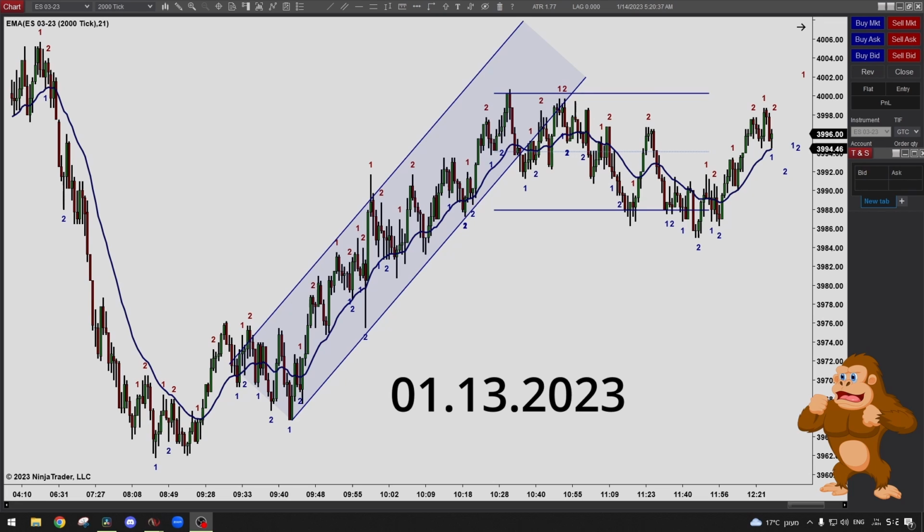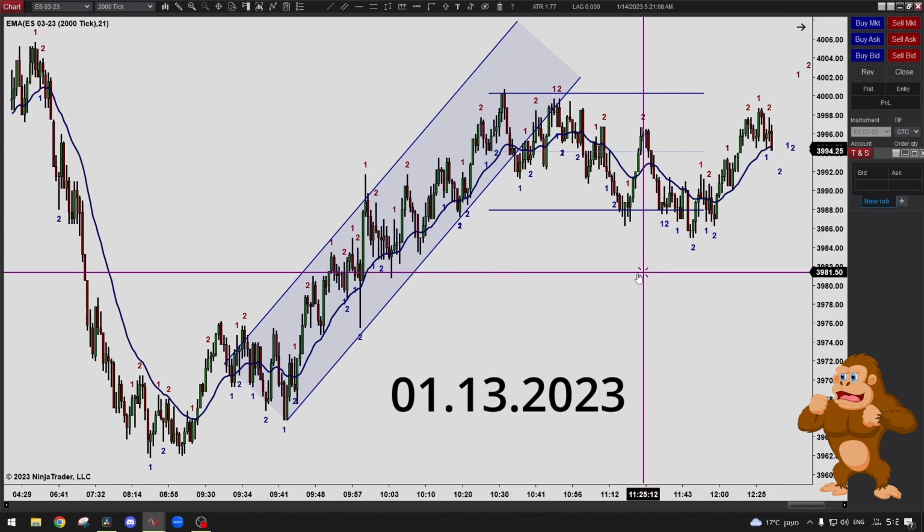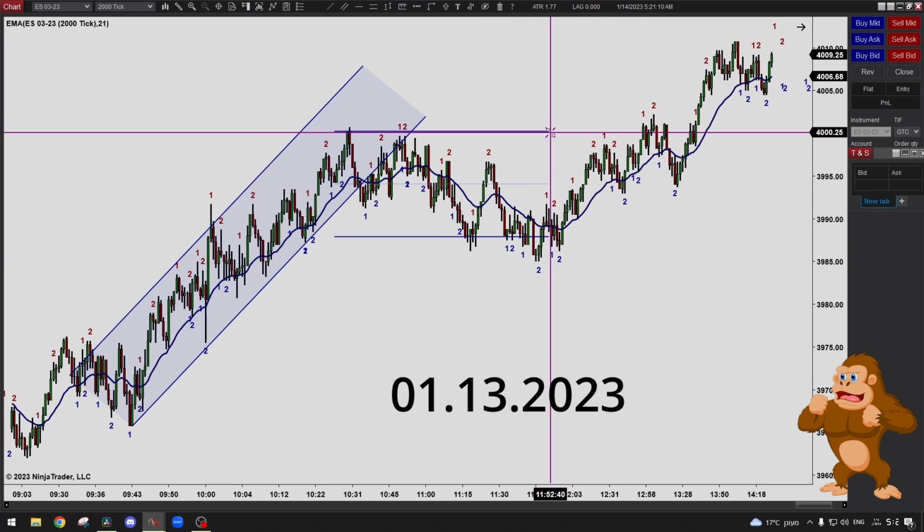Traders, what's up? Here's a great example of range trading. Let me show you. That was yesterday, Friday, January 13. There was an uptrend with a break, and we never really got a test of the new high. And then we immediately started to range here. So I marked this range,